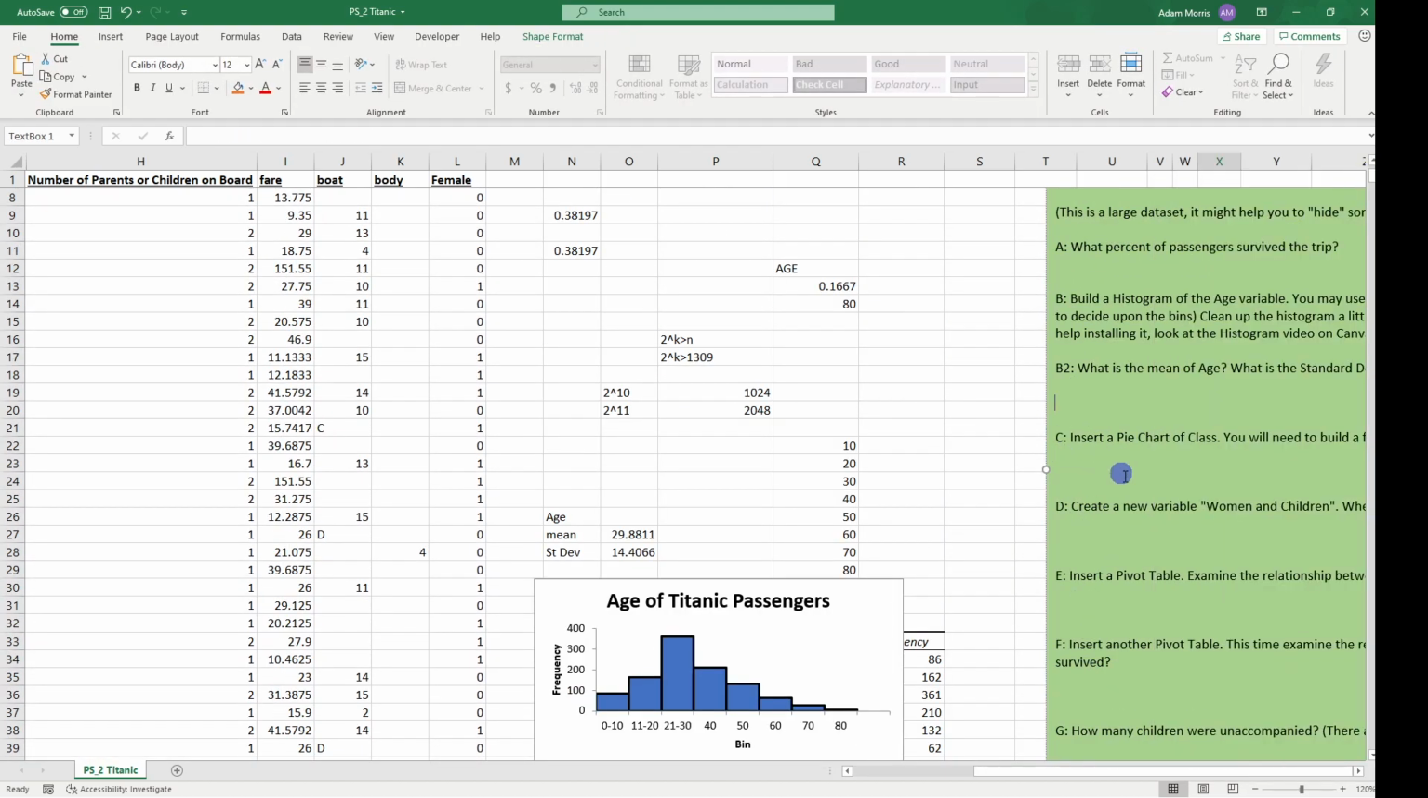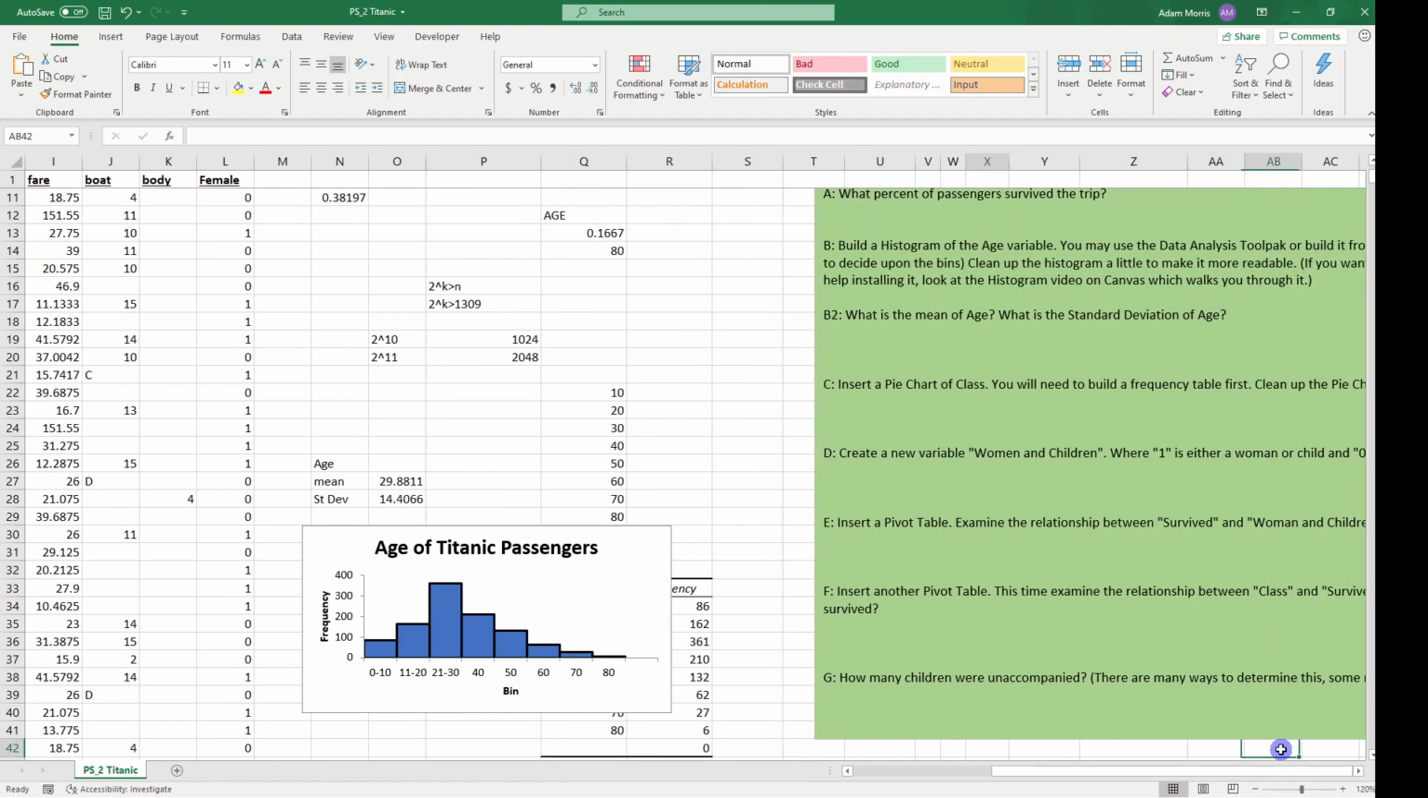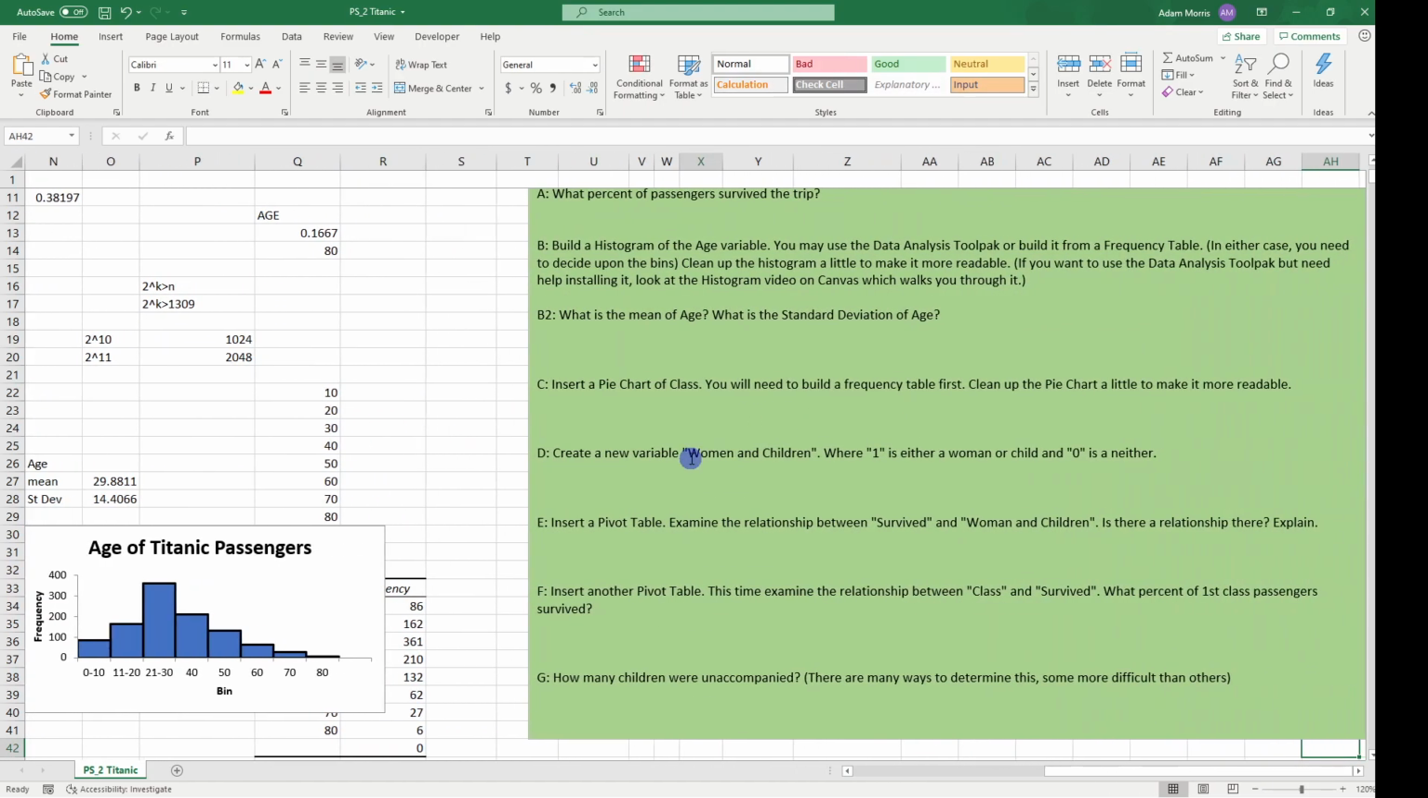Let's go back to what else did I ask? Okay, so here we might want to build a new variable. Okay, we've done this before. Again, this is going to be a dummy variable, right? We have 1 for women or child, and 0 for neither. And the reason we might want to do this, right, there's the classic women and children first, if you've watched the movie,